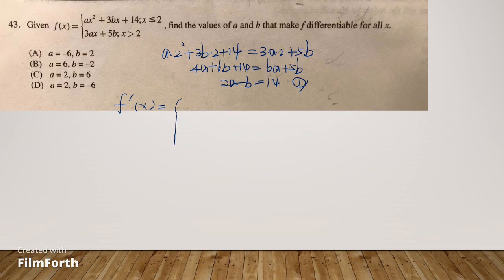So the first, when x is less than or equal to 2, is 2ax plus 3b, and when x is greater than 2, it's 3a. And in order to be differentiable, we need to satisfy